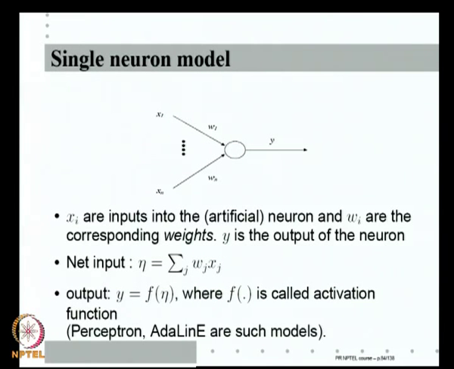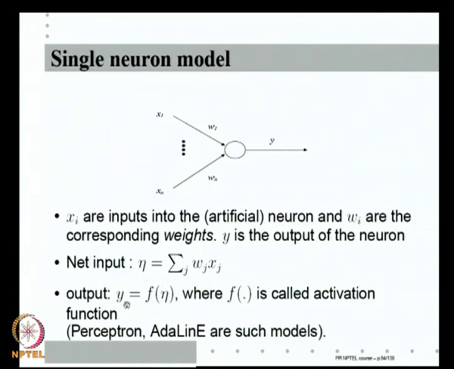We have seen such models already in pattern recognition. Perceptron is a very simple model. When we studied perceptron, I actually said that it comes from some simple neuron models. Essentially, if I take this activation function to be a step function, this is exactly what the perceptron does. It takes the weighted sum and thresholds it at some point. If the net input is greater than some threshold, output is 1; if the net input is less than the threshold, output is 0. We can think of these as the incoming charge injections into the neuron, and these are the synaptic strengths. At the soma the net input represents the total increase in potential, and if it is above some threshold, you fire your own action potential.